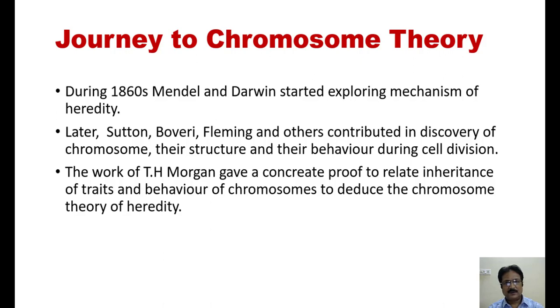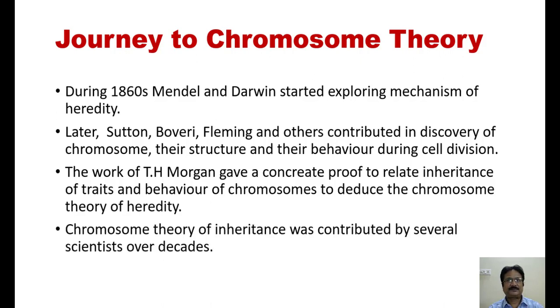However, after knowing and establishing the chromosomes, it was possible to relate chromosomes, genes, and the factors. Now, T.H. Morgan's work gave a concrete proof to relate inheritance of traits and behavior of chromosome, and thus finalized the chromosome theory of inheritance,